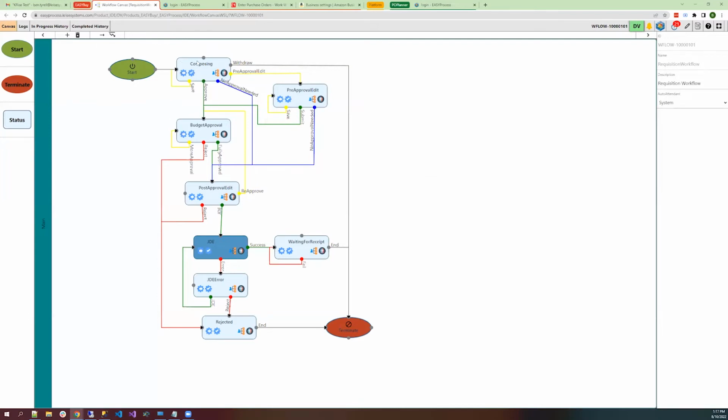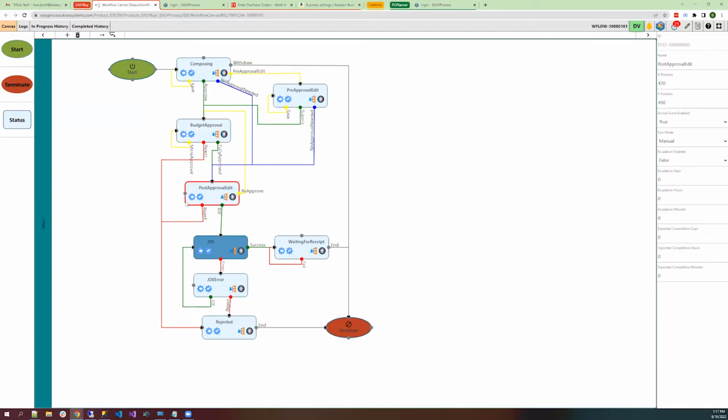So just to give a high level overview, this is the composing status where the requester will compose a requisition. Once they submit it for approval, it'll either go straight to the budget approval status, or if it needs some kind of pre-approval edit, like let's say the supplier number isn't filled out, that would be on the buyer users or the procurement users in this pre-approval edit status. But once those are filled out, it'll go to budget approval. It'll go through this more approval loop until all of the necessary approval is finished.